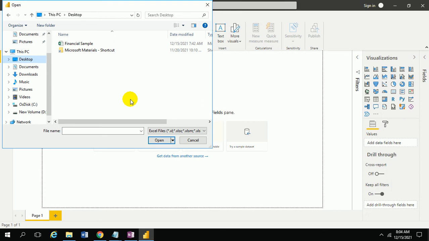Here you can see a few of the formats related to Excel files that it is able to accept, like .html, .xls, .xlsm, so many formats. Just click on your Excel file. For my purpose, I am taking the financial sample. You can download this from the Microsoft site. Just click on Open.